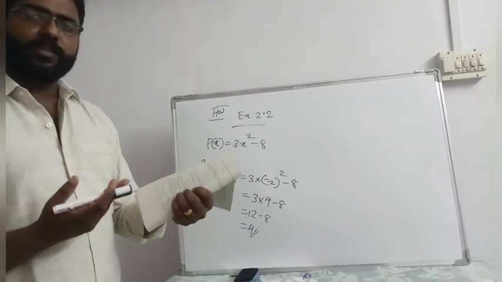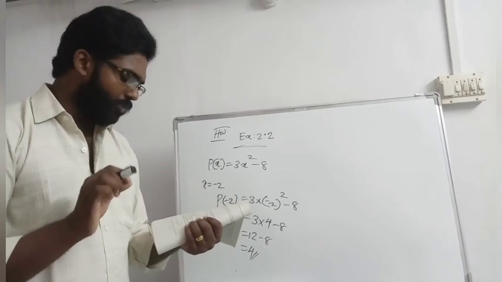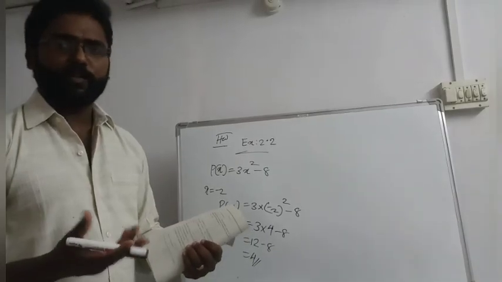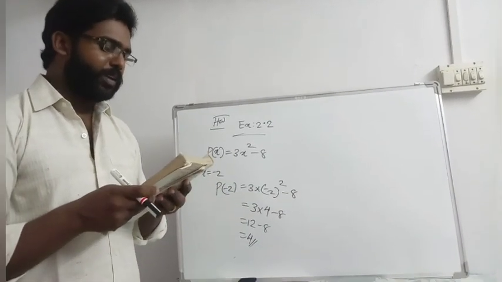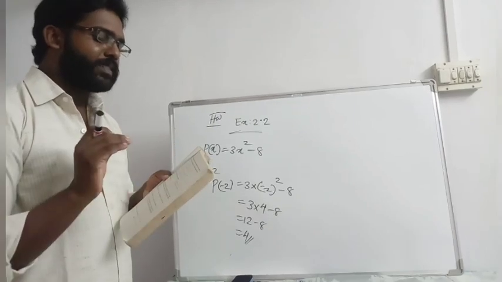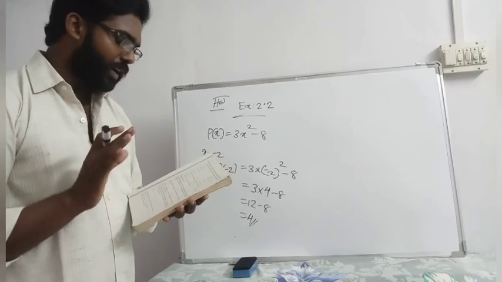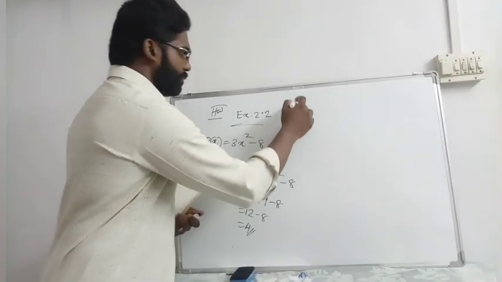Next, the second question says find p of 0, p of 1, p of 2 of each of the polynomials. They directly give the question. Third one, verify whether the following are zeros of the polynomial. Verify means